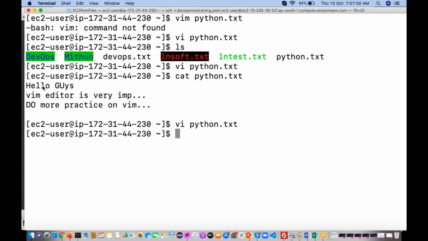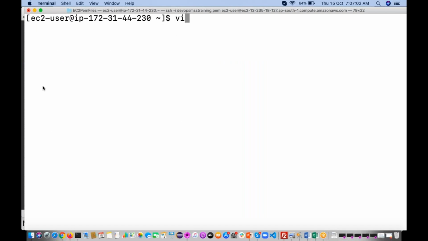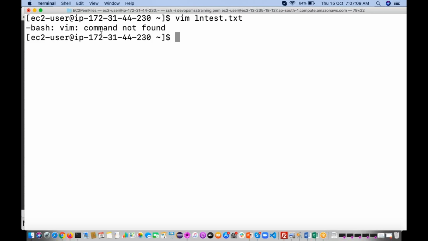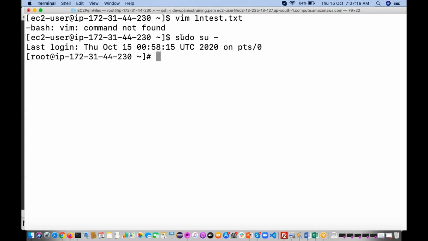See, let me open VIM. vim ln test.txt. It is saying VIM command not found, which means this package is not installed. Install it. Log in with the root user, sudo yum install